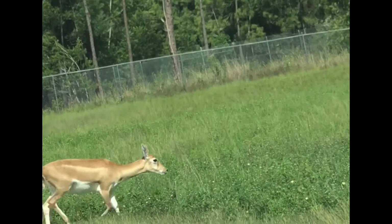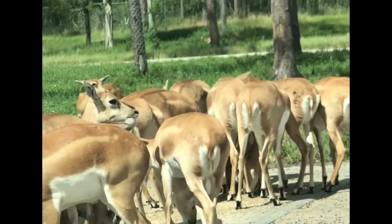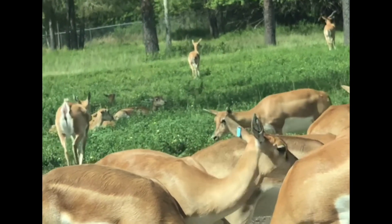The African Watusi is one of the oldest breeds of cattle, also known as the cattle of kings and royal ox. This breed originated in eastern Africa. The various members of this breed are often named